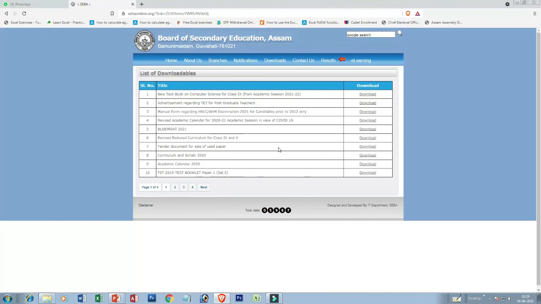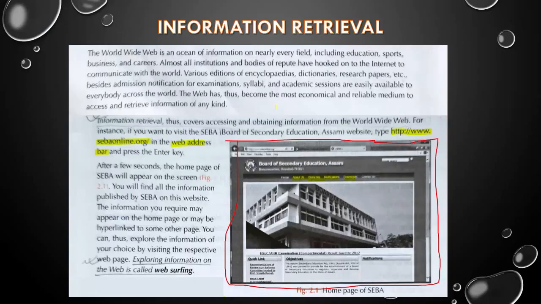Okay, so this is the way you can access or surf the internet on the www, World Wide Web. And let us move to the next. Next is